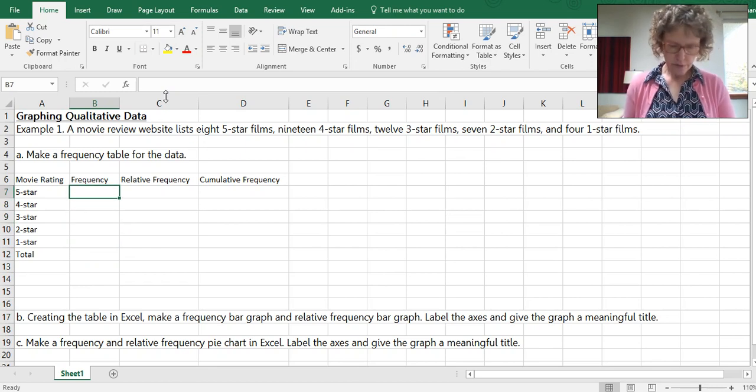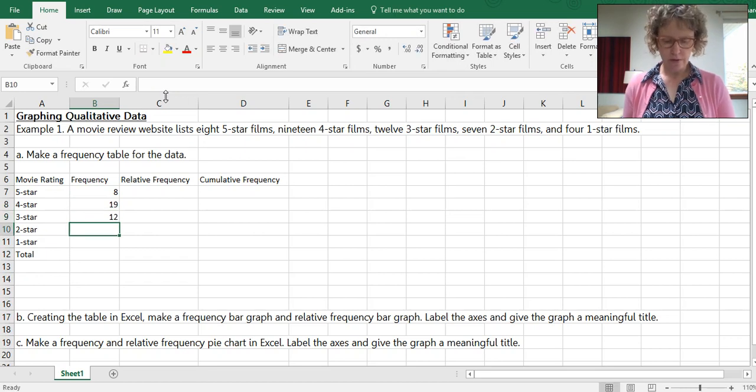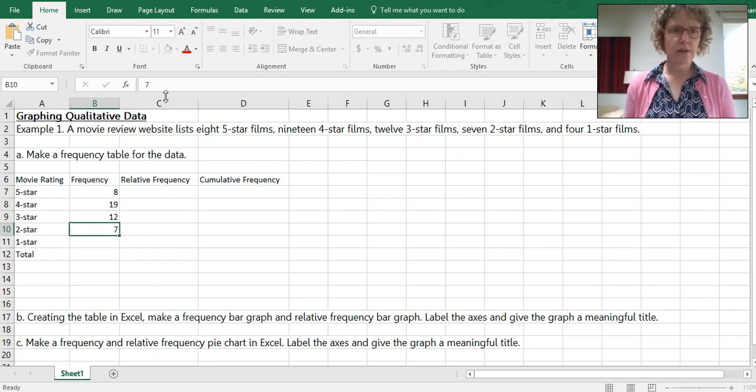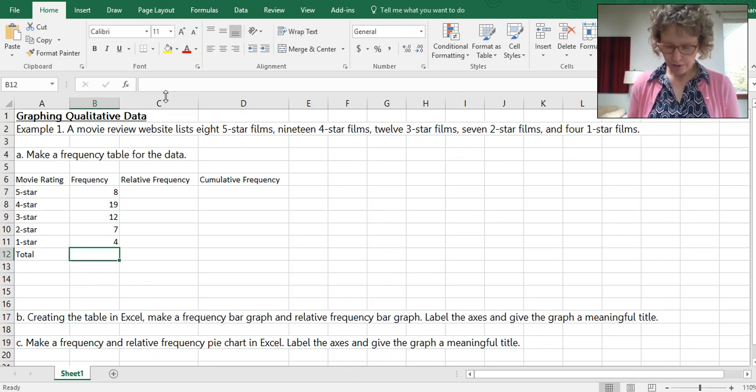So we have 5-star, 4-star, 3, 2, 1, and we had a total at the bottom. The frequencies from the instructions on here, the example, are 8, 19, 12, 7, and 4. Okay, so let's use some of our Excel things we've learned. Instead of adding these up manually, we can use a sum formula.